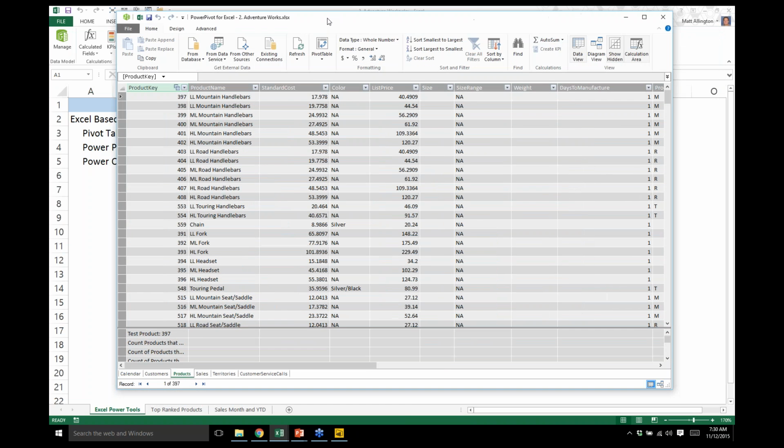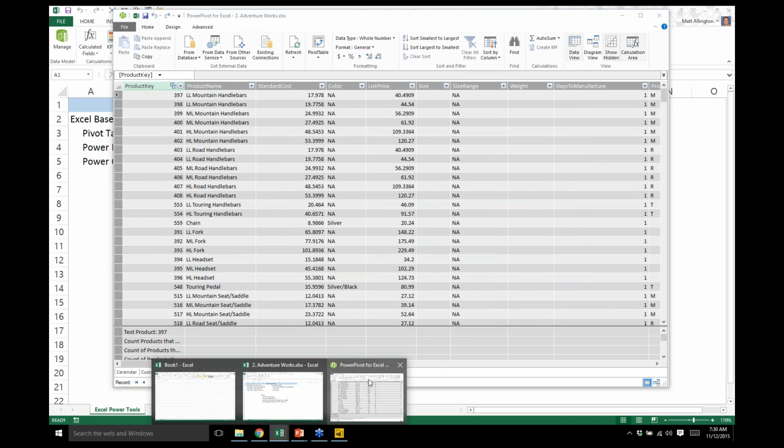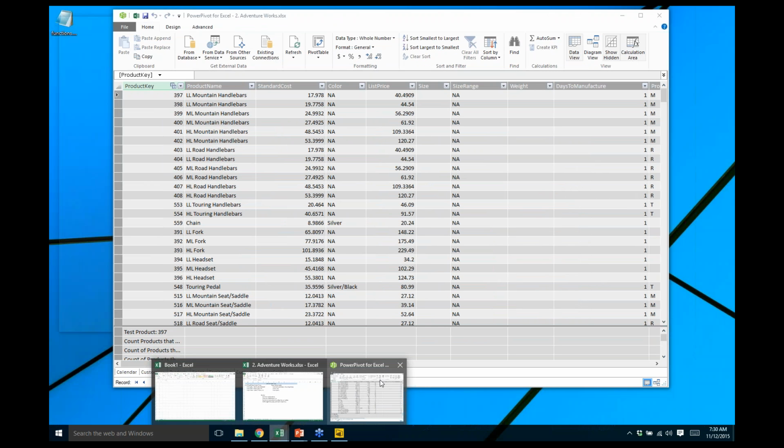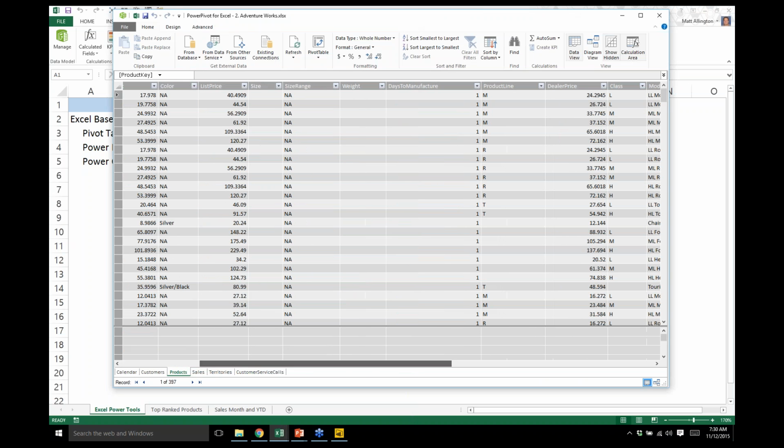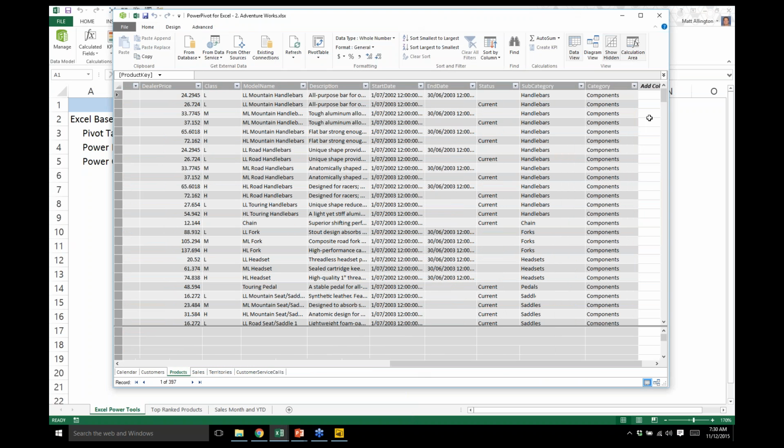So this is the Power Pivot window. It's actually a separate application. Here down the bottom is the Power Pivot application, and here is the Excel application. And there's some tabs and there's rows and columns. So it sort of looks somewhat familiar. The main difference is that you need to learn to work in tables of data here. We're no longer working in spreadsheets, and you can't put individual formulas, and you can't even edit the data in